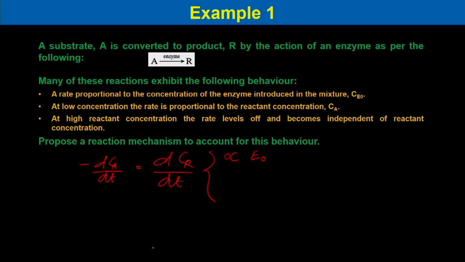So, if we write dCr/dt is equal to K3 concentration of A into concentration of E naught divided by concentration of M plus concentration of A, this would be proportional to Ce naught and it would be proportional to concentration of A